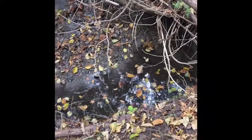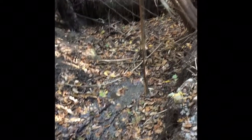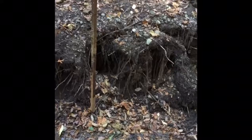Let's talk about the runoff water. With half of the watershed area being impervious surfaces, runoff water is increased. This then leads to places like this, which is often referred to as the scar. This is from the erosion of water and sediment,